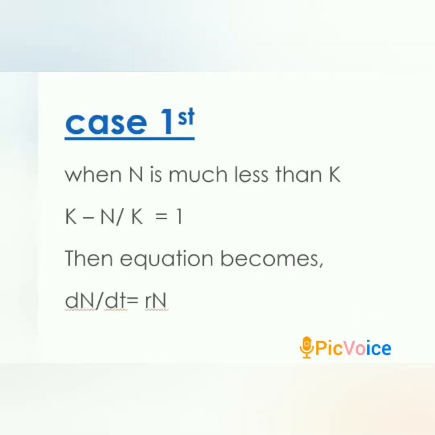Let's take into consideration the following cases. Here N is the population size and K is carrying capacity. In case 1, N is much less than K. So (K - N)/K will be equal to 1. So the equation becomes dN/dt = rN. As a conclusion, we can say if N is very less than K, then the growth rate will be similar to exponential growth. The population occupying the environment will get to use resources at a high amount, which gives them possibility to show exponential growth curve.